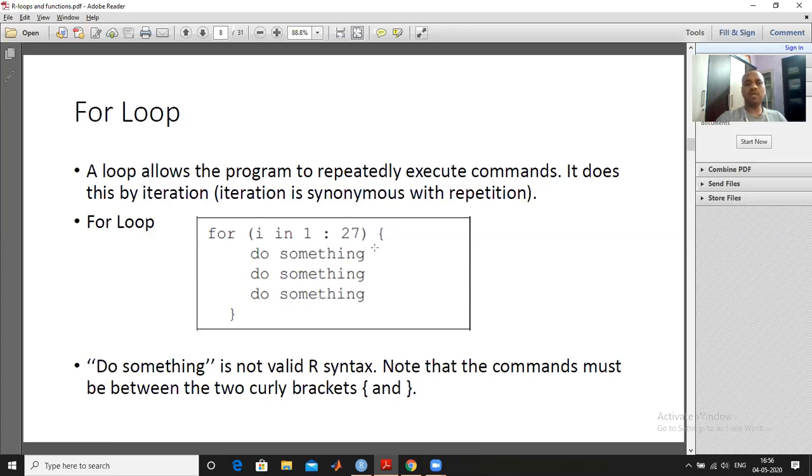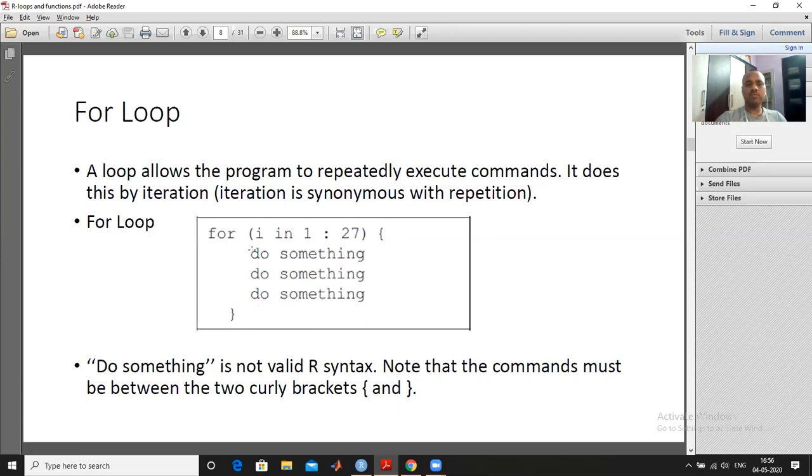This is the start of the scope of the for loop, and this is the end of the scope of the for loop. Whatever is written within these curly braces, that task will be repeated 27 times. Make sure this is valid syntax.